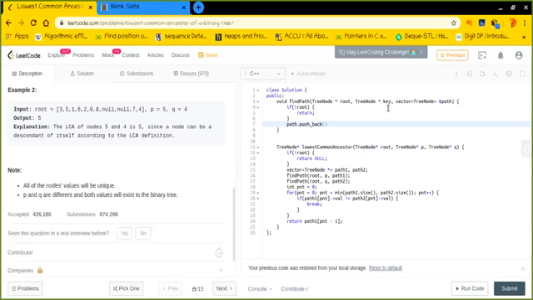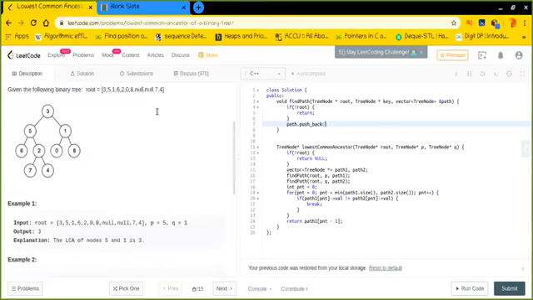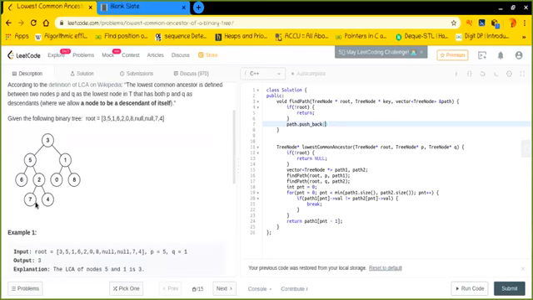And let's say I am finding the path for 7. So I reach here at 6, and there is no way to reach 7 from 6. So what will I do? I will simply pop this element from my array and go back to 2 and go back to 7 in this way. So what am I actually doing? I am actually just trying to backtrack all these things. Okay, so root value,